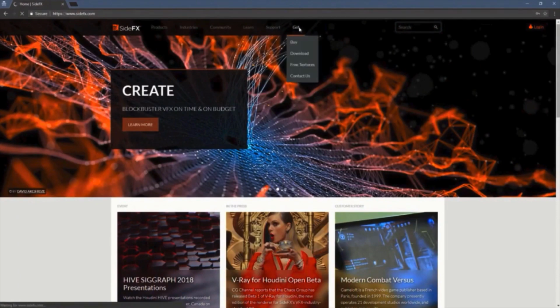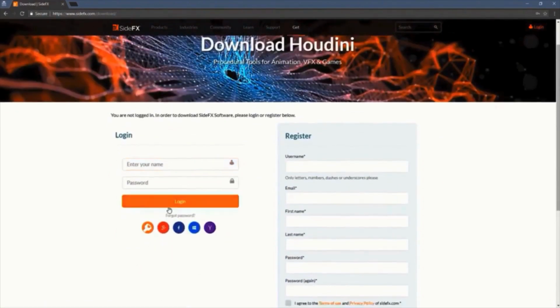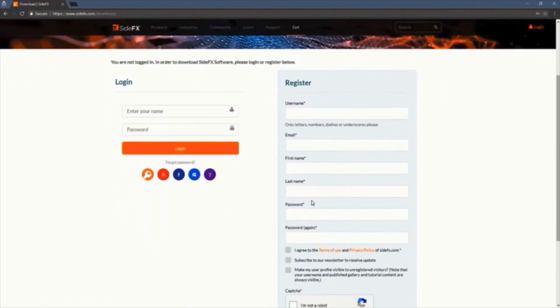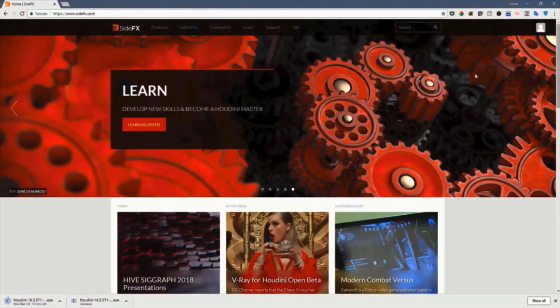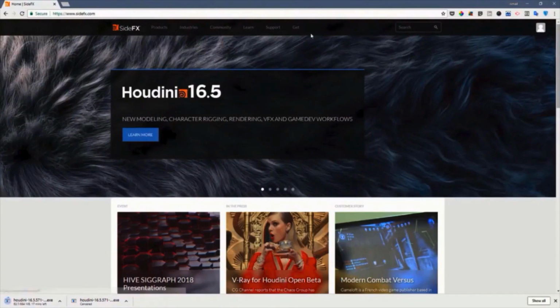When you click on Get and then Download, you will see a page that asks you to log in or register. You may fill in your details here to register if you're doing this for the first time, or you may just go ahead and log in. Once you have logged in, you can click again on Get and Download, and you will see the download page